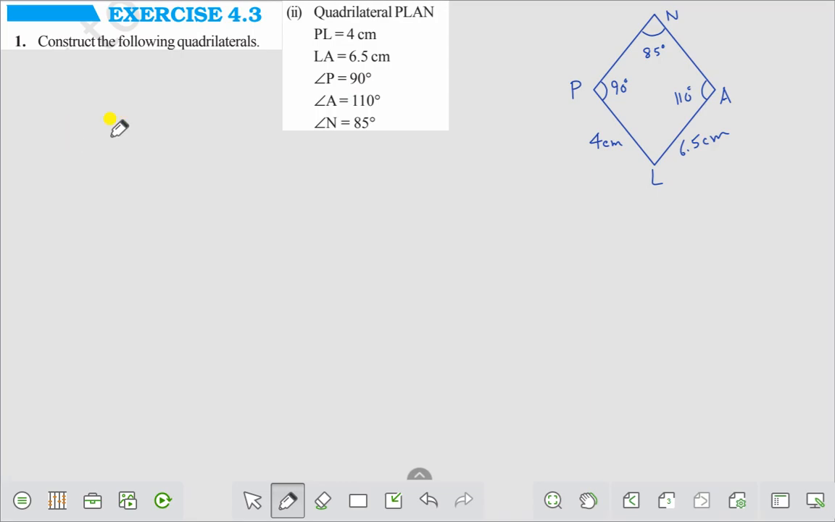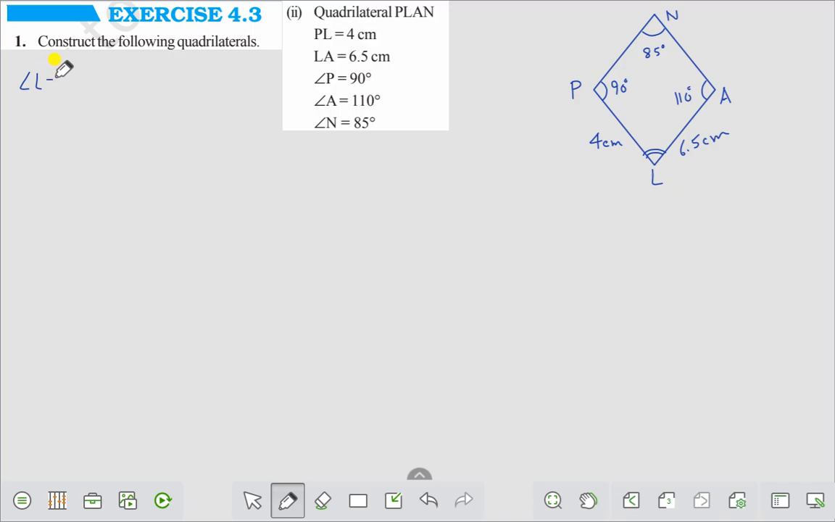We know that the sum of the angles of a quadrilateral is 360 degree. We have to find this angle first. This angle L. What is the angle L? We know that the sum of the angles of a quadrilateral is 360 degree. Therefore, we find the value of this angle L. Angle L is equal to